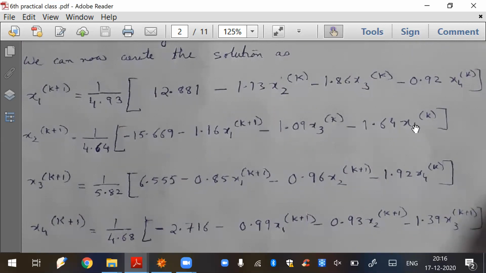Why is this happening? I have calculated the value of x1 at the k plus 1th iteration, so it is already known to me. But the values of x2, x3, x4 are not yet known at the k plus 1th iteration. Say, for example, I take k equal to 2, so k plus 1 equals 3. The value of x1 at the third step iteration is known, so I can use it here. But for the remaining two, I do not know the value, so I have to use the second step iteration only. Same here, and again for here.